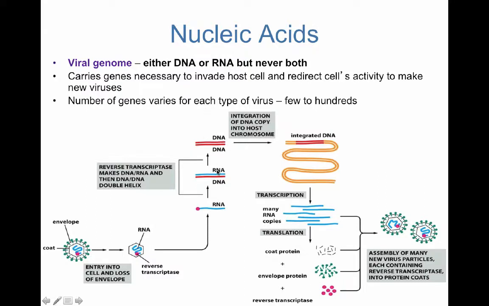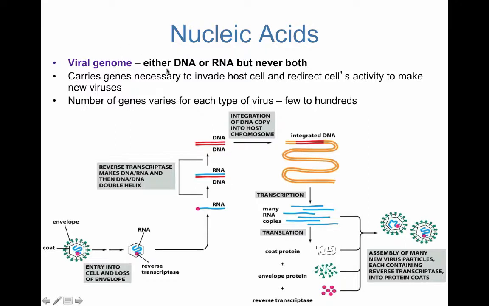Now, the only difference here, if you take a look at the right-hand side, is that if you have DNA, the DNA gets transcribed to RNA, and then the RNA is translated to protein. There's an added step here with a DNA virus. If you are an RNA virus, all you have to do is translate that information to protein, and you also have to replicate the RNA. But there are a couple extra steps with DNA viruses, and they are different as well with regards to the location of where they usually replicate within cells.